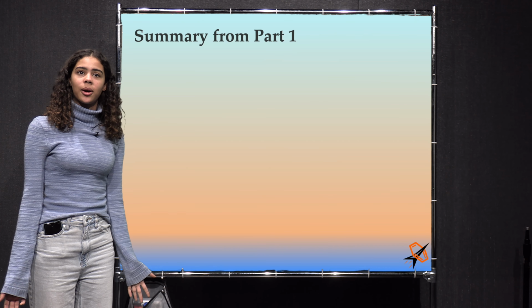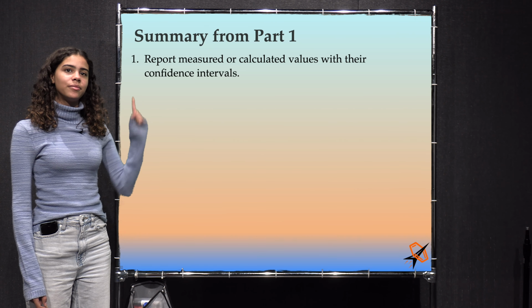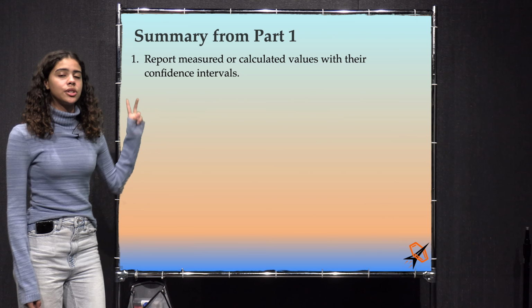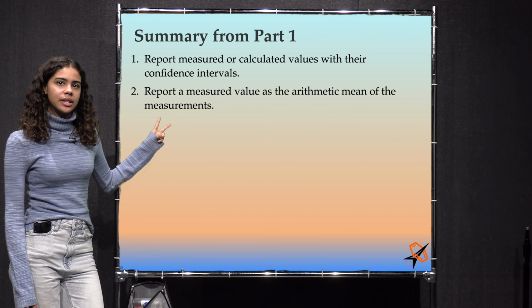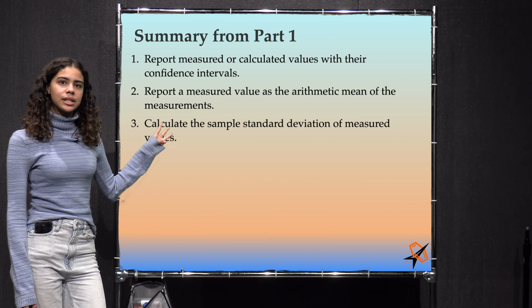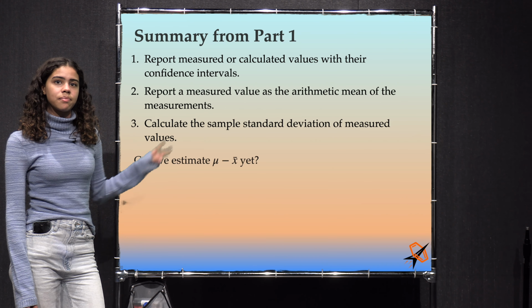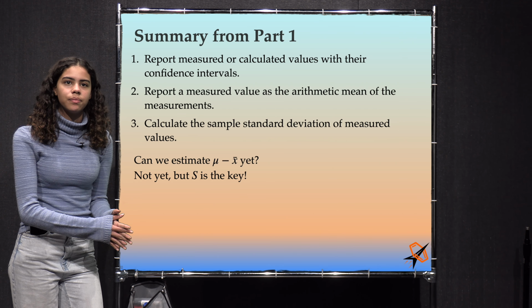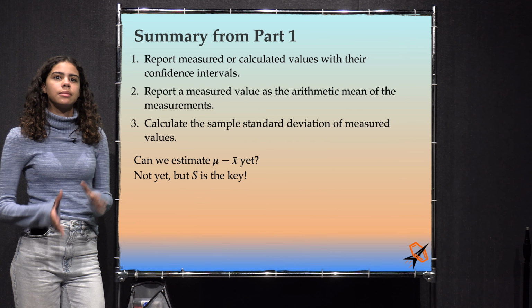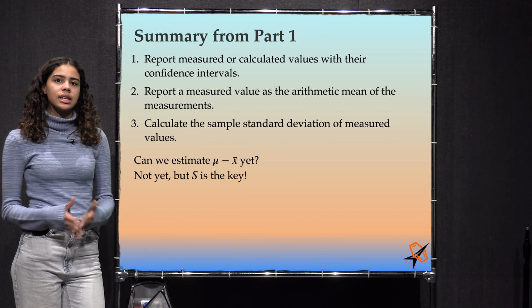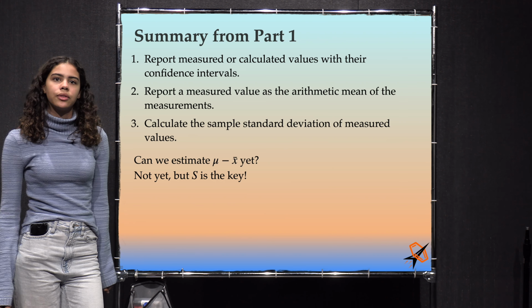As you recall from Part 1, we had determined that we should: 1. Report measured or calculated values with their confidence intervals. 2. Report a measured value as the arithmetic mean of the measurements. 3. Calculate the sample standard deviation of the measured values. However, we have not yet learned how to calculate the confidence interval. In other words, we still don't know how close the mean of our set of measurements is to the true value. We'll need to use the standard deviation to answer that question, and we have a few hoops to jump